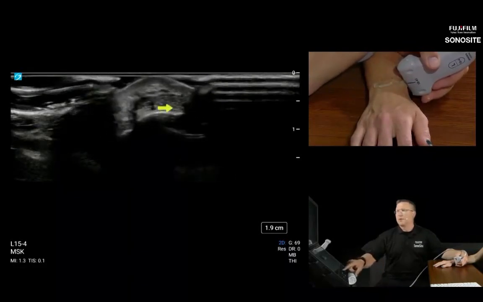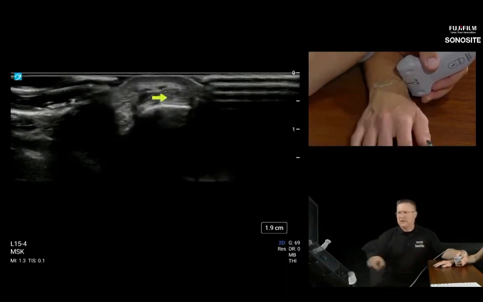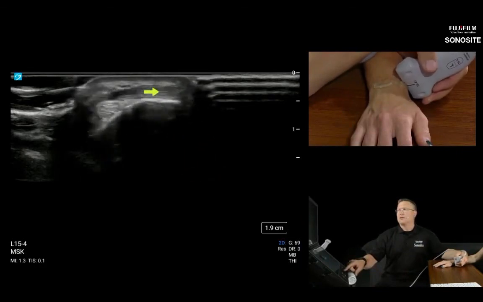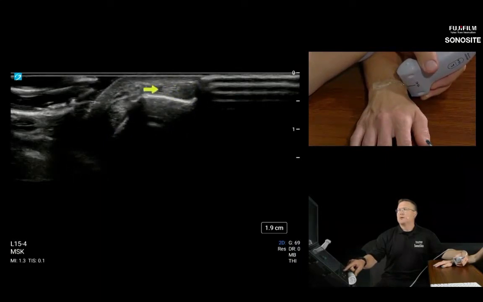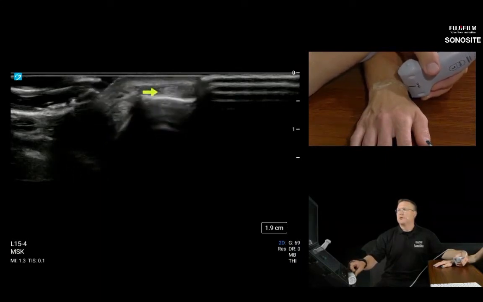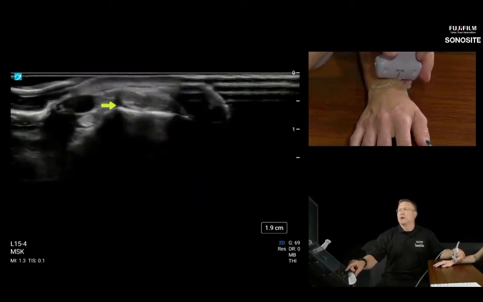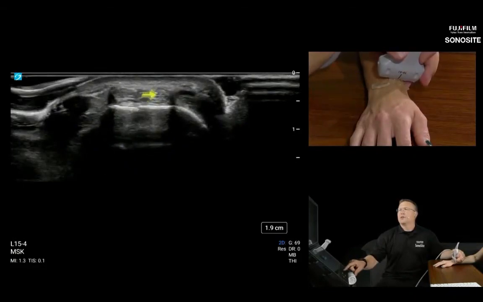So here I am on the extreme coronal side of the wrist, but I am still axial, and this is compartment 1. Take note of the two distinct tendon slips of the APL and the EPB. They'll be a lot more noticeable with an L19. Now I'm going to roll the probe over here to the ECRs. As we talked about in the PowerPoint, we have the ECRB, the ECRL and the